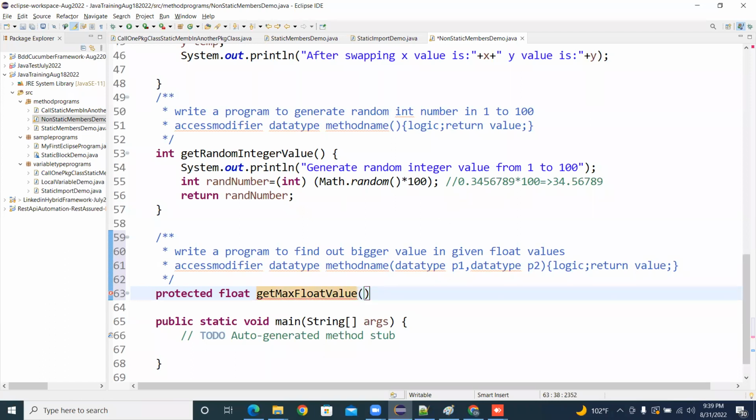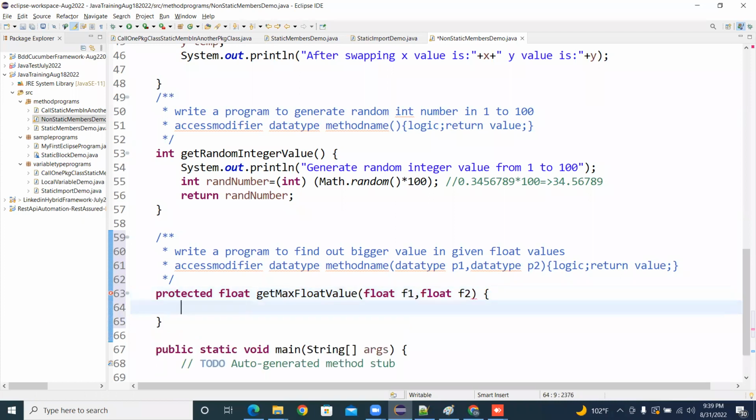So you have to give float: float F1, comma, float F2. Two float values you give, and it will find out which is bigger. So how to find out? I'm just writing: find the bigger float value in given F1